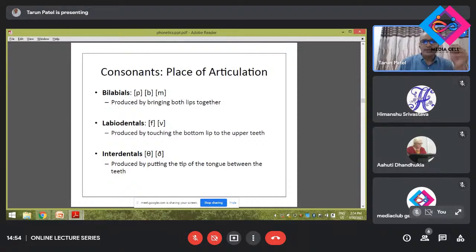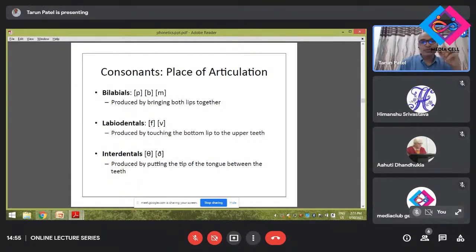Labiodental, right, wherein we have the bottom lip, and as I was just talking about producing fur, right? So the upper teeth and your lower lip are touching each other to produce the labiodentals, which are f, as in friction or fiction or fashion, or v, as in vassal or van, right? So bilabials, labiodentals, then we have the interdentals, wherein we have th and the, which are produced by putting the